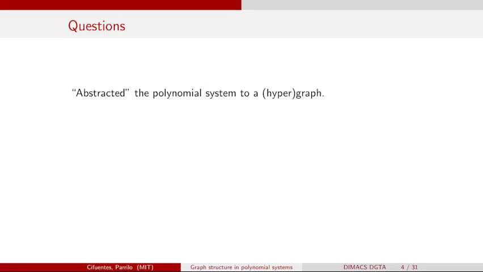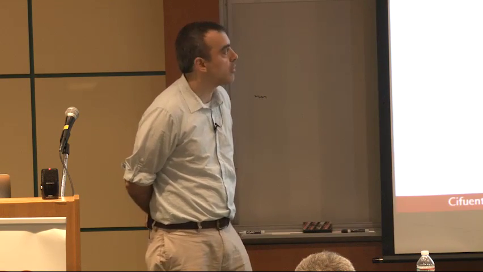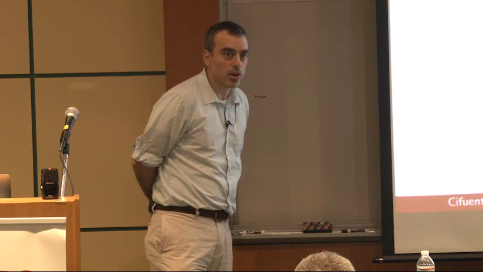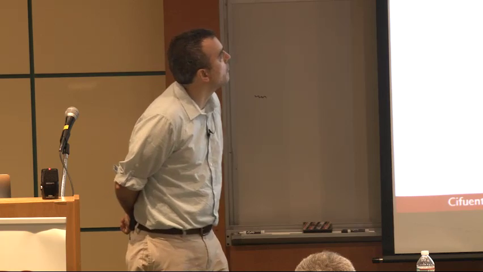Good. So what have we done? Here, we've abstracted this polynomial system into a graph. If you're fancy, instead of a graph, you can write a hypergraph. You can retain more information than just these cliques. You can annotate these cliques with further information. But again, let me do the simplest possible version. I just think of that graph that I have over there.